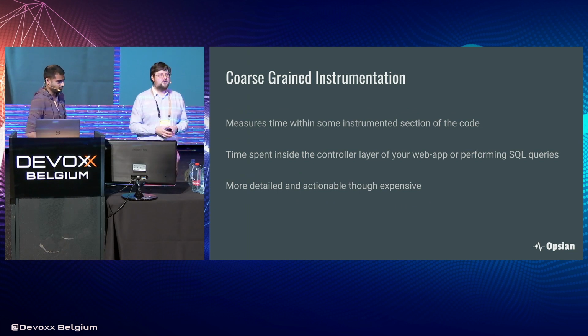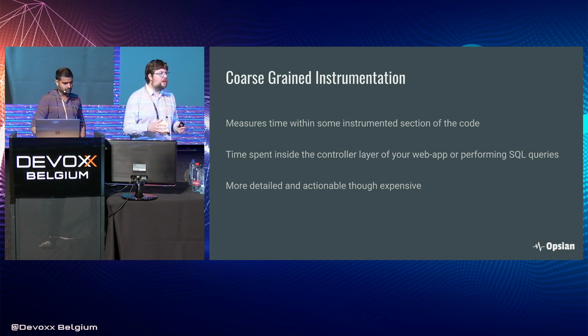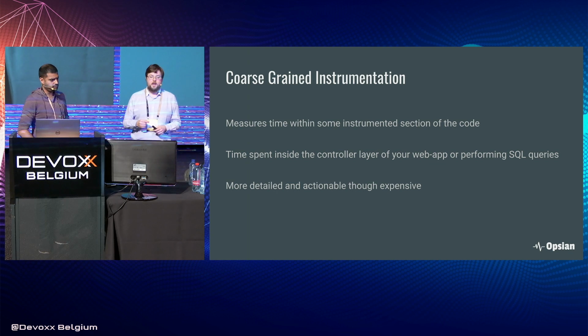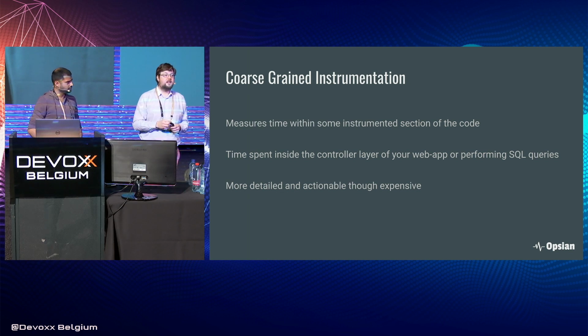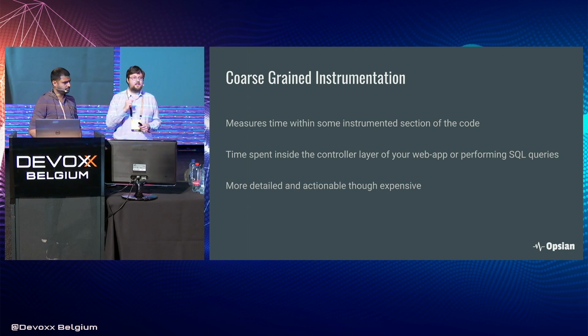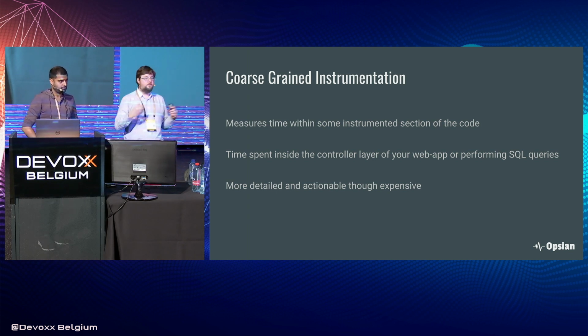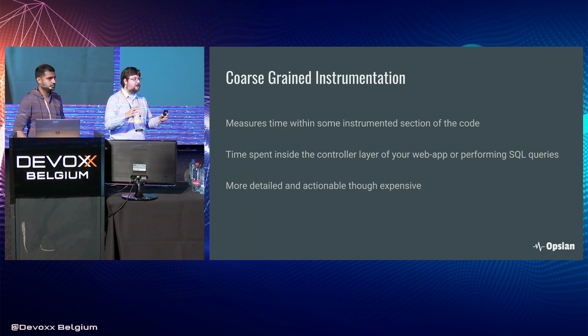Then there's coarse-grained instrumentation, so bytecode weaving, things like that. What a lot of these instrumentation-based tools do is they add a bit of bytecode at the beginning of a method that takes the time. They add a little bit at the end of the same operation that takes the time, subtract the end from the beginning, and then you've measured the amount of time that an operation has taken. Fair enough. Cool idea. Very useful.